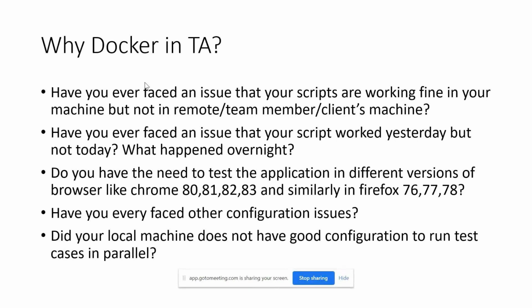And one more thing, in test automation, we always use parallel testing. We will run our tests in parallel. Suppose we want to run 10 test cases in parallel, right? It all depends upon your local machine configurations. If you have 4 GB of RAM and you try to run 15 tests in parallel, that's not going to work out, because your hardware has limitations that will only help you to run 2 or 3 tests in parallel. It cannot handle more, right? So Docker is going to be the solution for all these problems.